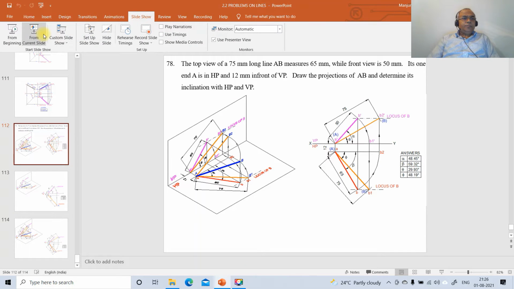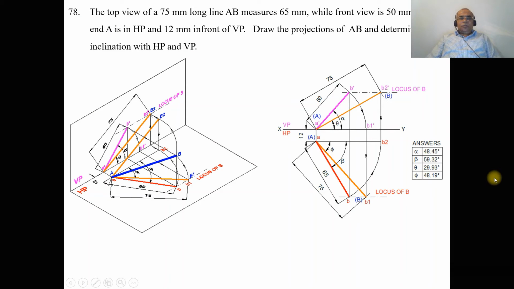Now, in this video, we are going to take up one more problem on the projections of lines, problem number 78. We are going to analyze this problem by using 3D drawing and also how to solve this problem